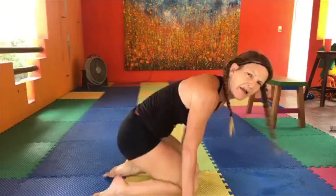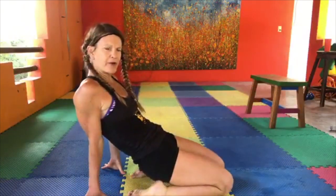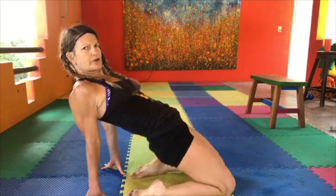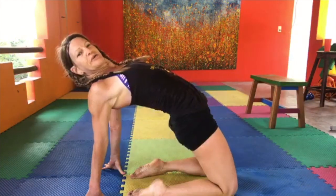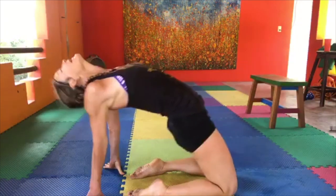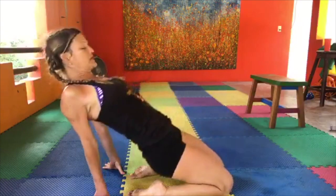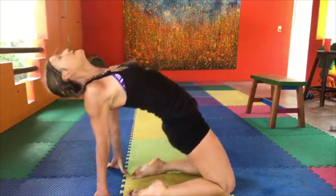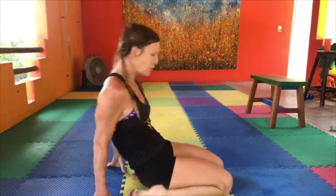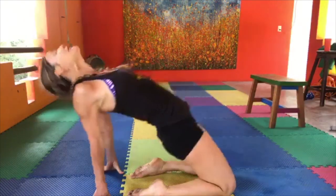Now we're going to take those camel thrusts one more time, and this time if you want, you can open through the whole body. So starting with that pelvic thrust and then lifting the knees more, you can stay here or you can open the shoulders and lift the whole body up for 10, 9, pull the belly in, 8, squeeze the knees towards the midline, 7, don't crank into your lower back, lift the chest and open the shoulders, 6, use your butt more, 5,